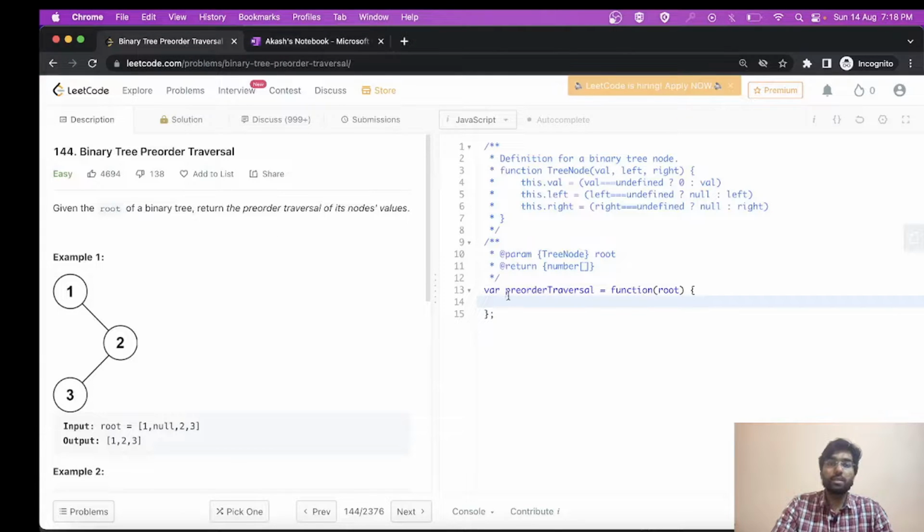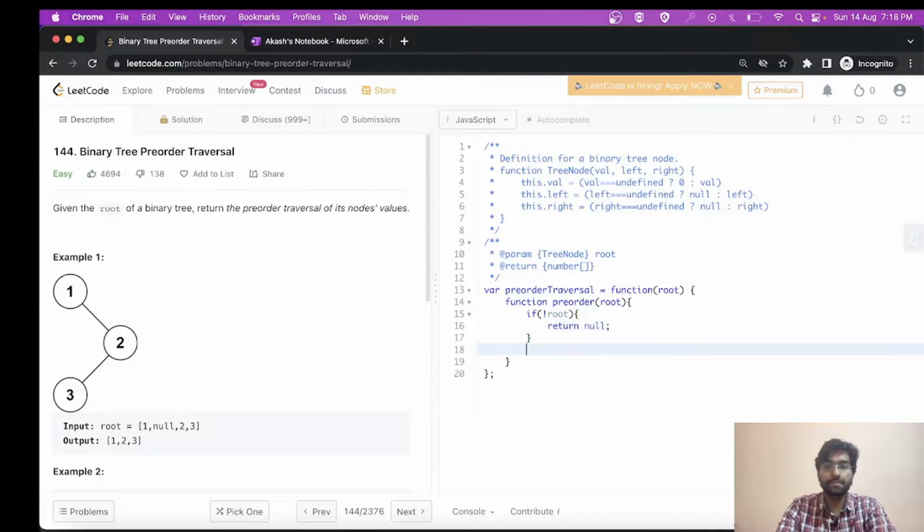Okay, so let's first write down its code, and then we are going to do the call stack. Function pre-order, it will take the root. Then once again we have to check that edge case, that if root is null, we are simply going to return null. Now first we are going to process the root. Okay, so friends, as I have told you, in this we have to provide the output in array format. So we are just simply going to take one response array,